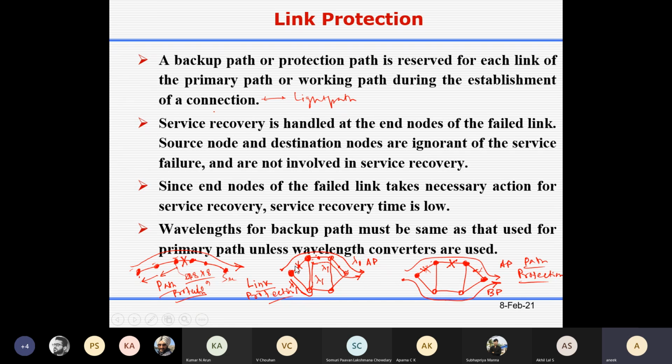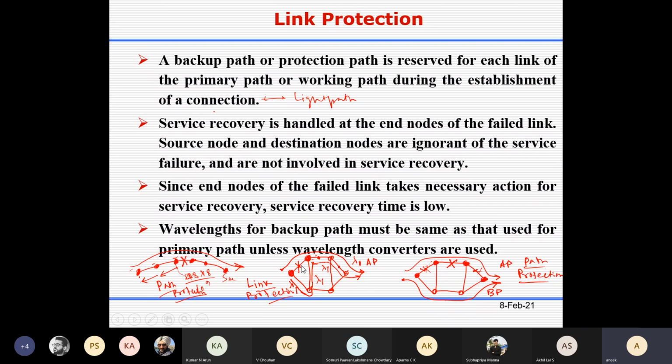Basically, whenever there is a fiber cut, I will see which light paths are using that fiber, and then I will see whether there is any alternate path to set up this light path. So in this way we can find that if this fiber fails, the alternate path is this one. This is my backup path.